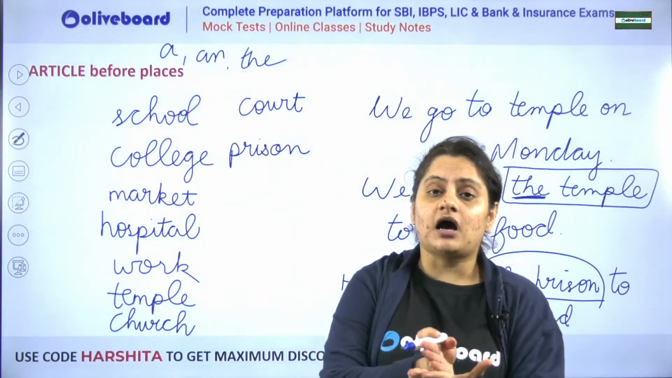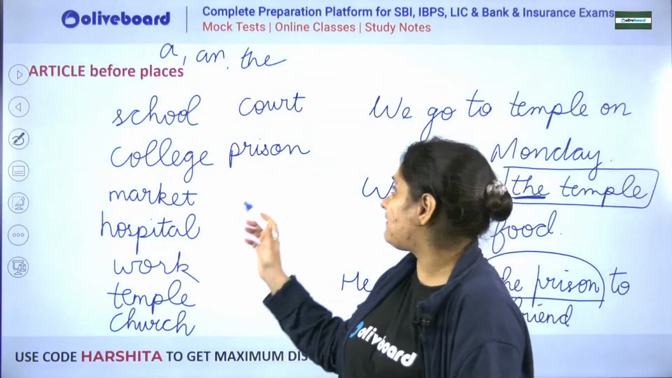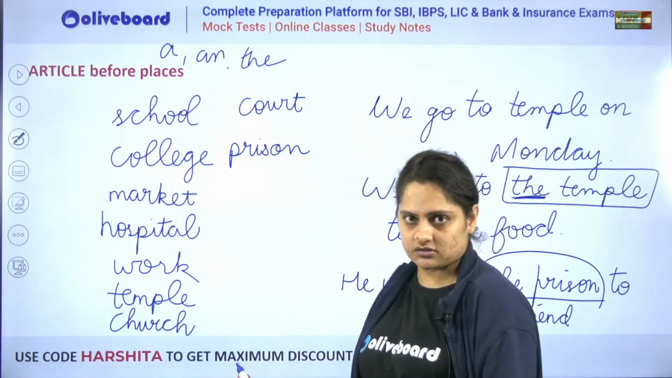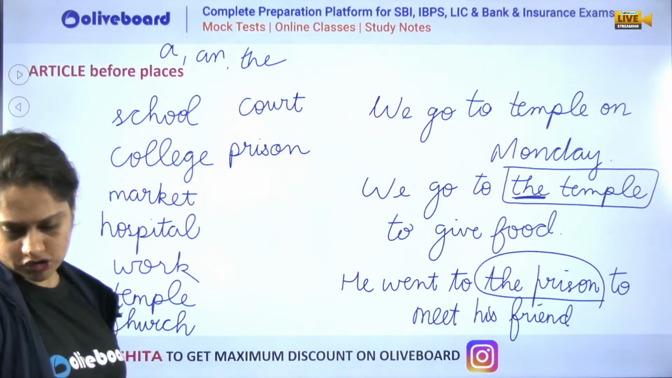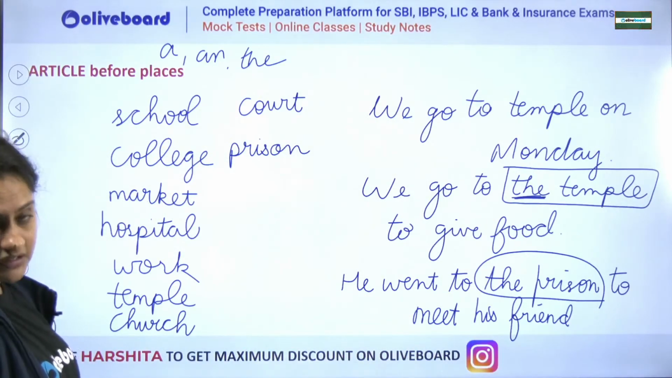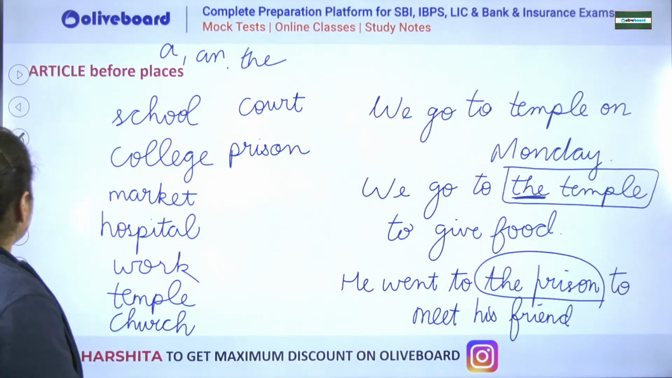If you do something apart from the main purpose you have to use article before these words, okay, it could be anything, bus stand, railway station, temple, church, okay, I've written the full here, movie theater, cinema theater, anything, okay, next